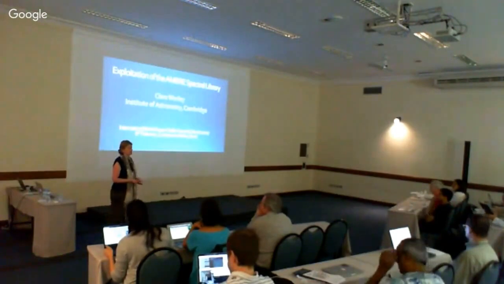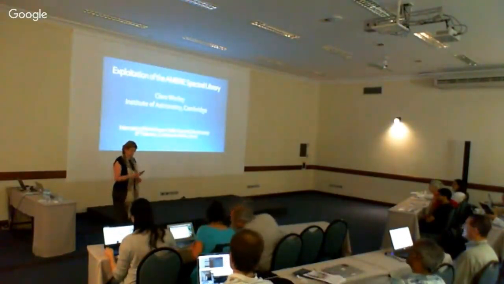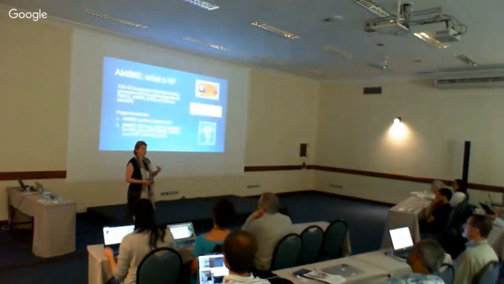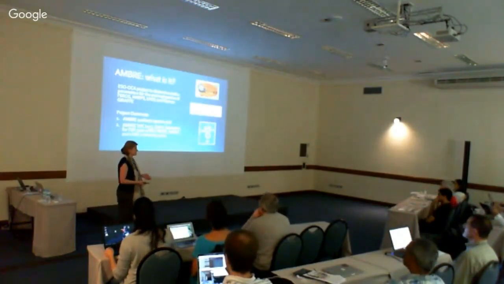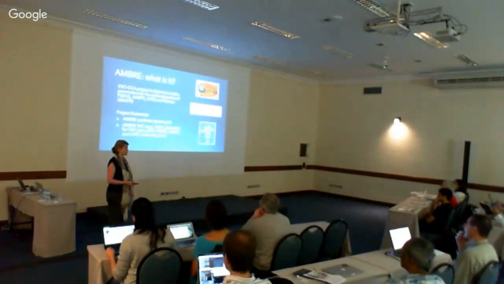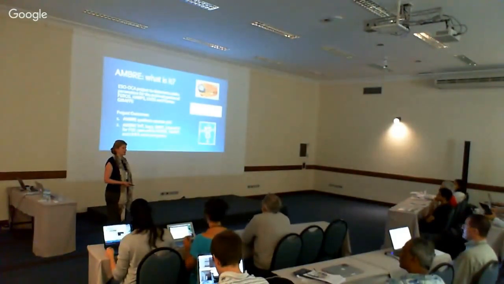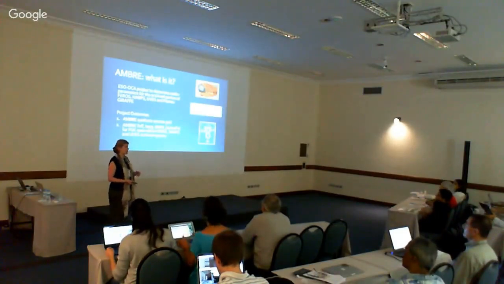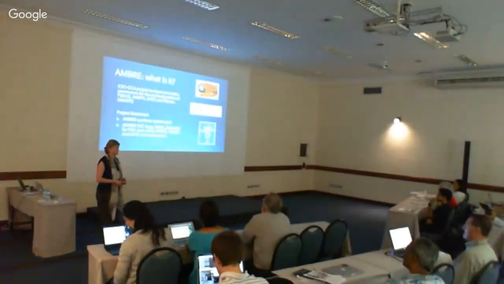So I'm going to talk about the AMBER Spectral Library. This is a project I worked on when I was a postdoc in Nice. I've talked about AMBER at the last two Spectral Libraries workshops, so it's nice to advance it from my last two talks. To remind you, AMBER is a project between ESO and the Observatoire de la Côte d'Azur to determine the stellar parameters for the archive spectra of the FEROS, UVES, HARPS, and